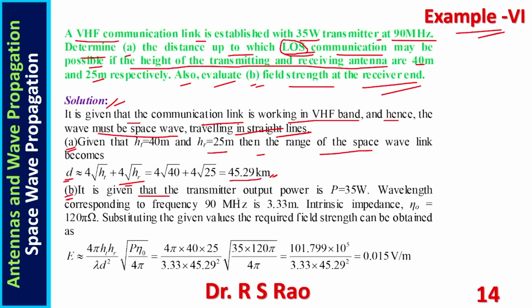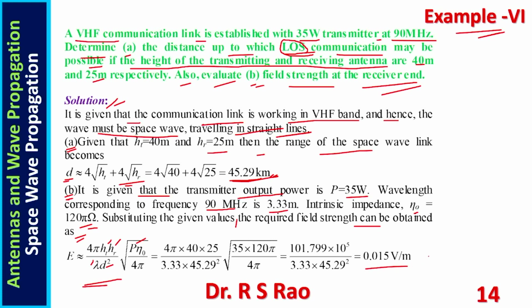B part. Here we are asked to determine the field strength. It is given that the transmitter output power is 35 watts, the wavelength corresponding to frequency 90 megahertz is 3.33 meters, and the intrinsic impedance is 125 ohms. Substituting the given values, the required field strength can be obtained from this formula. E is equal to nearly 4 pi HT HR over lambda D square, times the square root of P eta naught over 4 pi. D, HT, HR and lambda are available, and D was found in the previous part of the problem. Substitution and a little simplification gives us E as